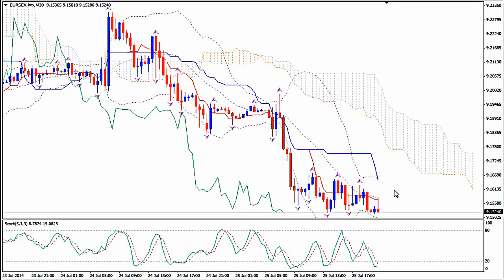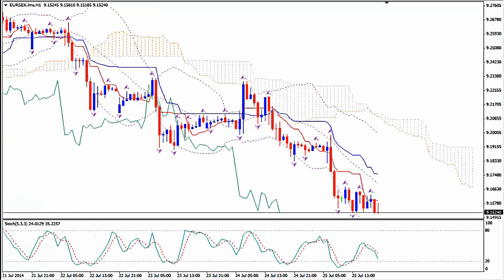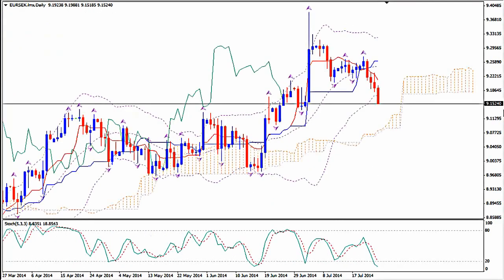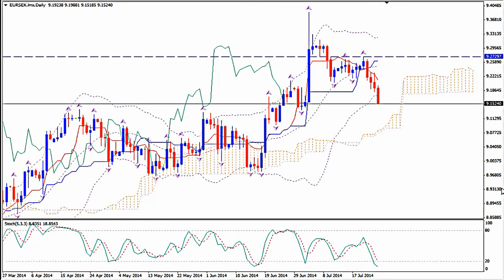Okay. And you can place your stop loss on the daily. Ideally, a few pips above the up fractal we see here on the median Bollinger Band of the daily time frame. So the up fractal is here at the price level. I will insert a horizontal line to make my life easier because okay, it's 9.2729, so you can place your stop loss a few pips above that price level at